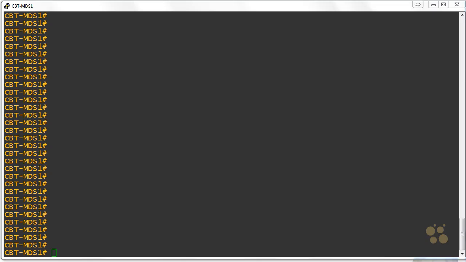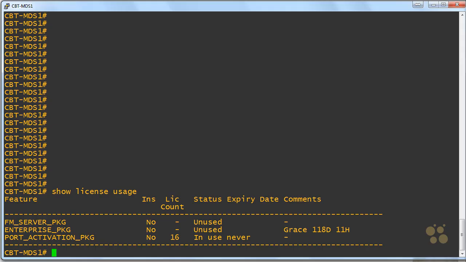Remember, our MDS is going to require licenses for advanced features. So one of the things we always want to do right off the bat is confirm what we're licensed for. Show license usage is our key command to obtain this information. Remember, licenses have two options: feature-based licenses that are applicable to the entire switch, and module-based licenses that require additional